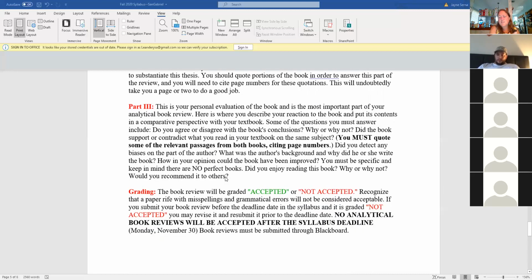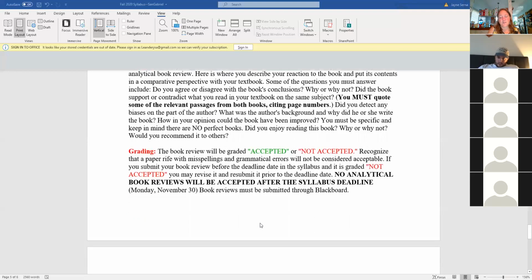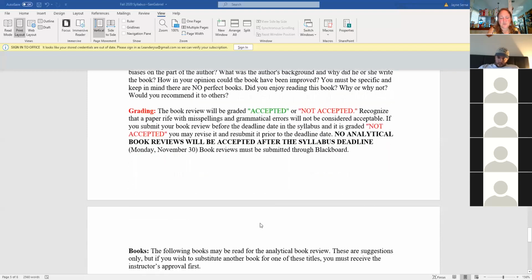The only reason I wouldn't accept it is if I think you plagiarized. If I think you plagiarized, I will send you the link where I found your information. So yeah, I won't just capriciously say like, hey, that sounds like you cheated. I will find the place where I found your information. I would never, ever accuse you of plagiarism without 100% proof. And it's so obvious when people do it. You know that it is, so don't do it.